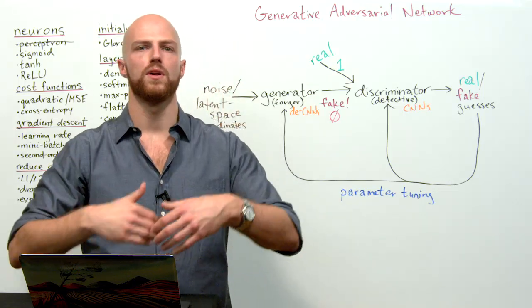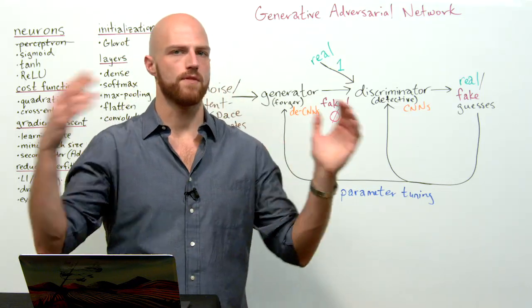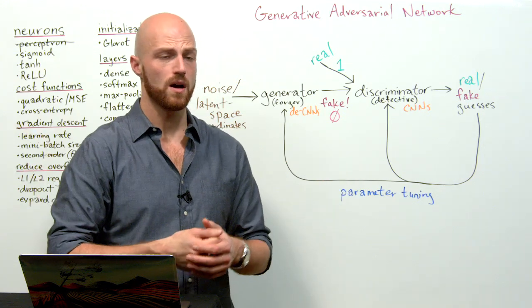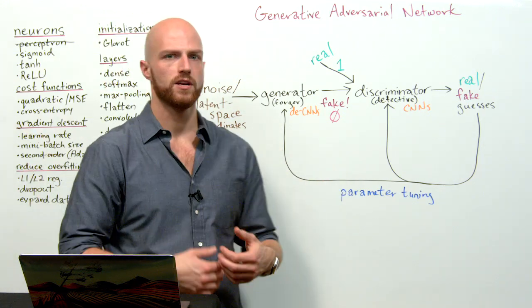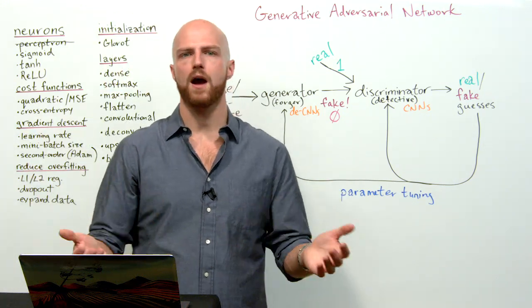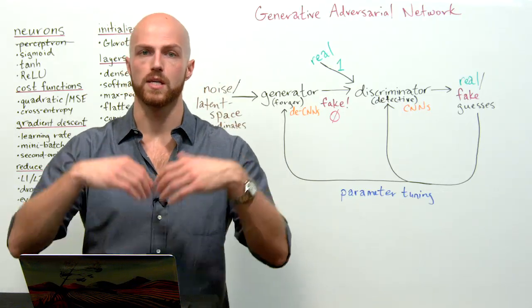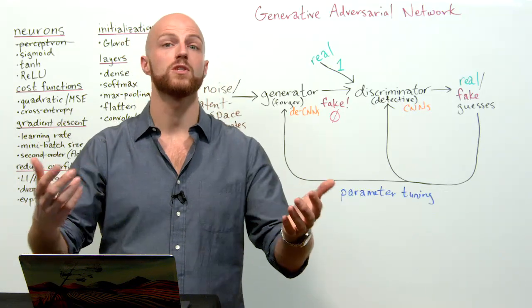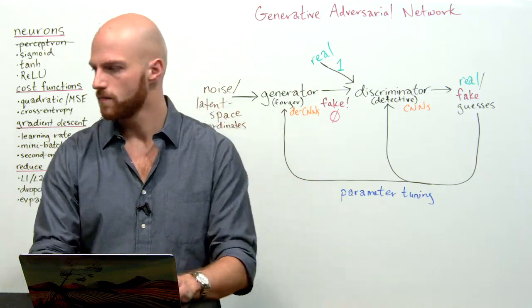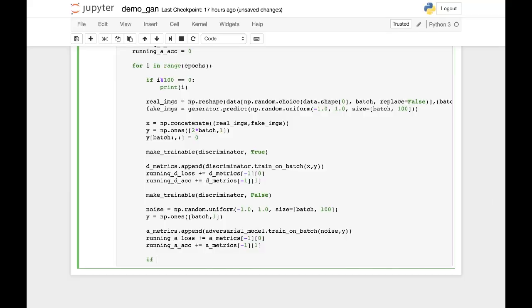We want to output every once in a while a random sample of outputs from our generator just to have a peek at how our generator is improving over time. What do these fake images look like as the model trains? So to do that, we're going to add another modulo here that's less frequent than this reporting modulo here. So we're going to say every 500 epochs,